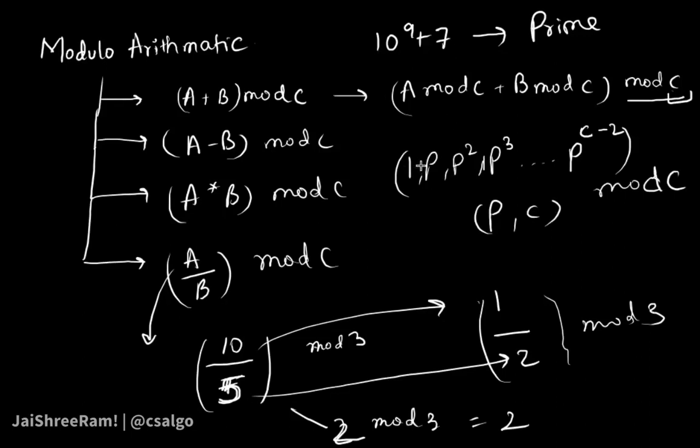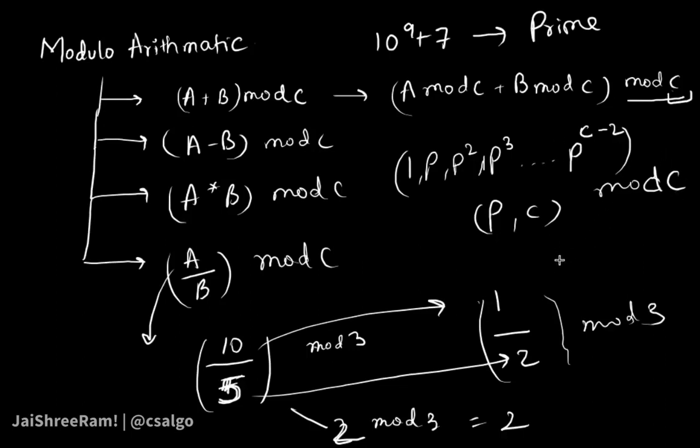That is because every different number in this modulo can be a possible answer. So if your computation is not exactly correct, you will get some wrong answers. 1, p, p square, p cube, up to p to the power c minus 2, all of these will be different numbers when p and c are coprime and you are doing some modulo c. If you take c as a prime number, everything will remain coprime for sure, so you won't get 0 directly in some cases. That's why c is generally taken as a prime.